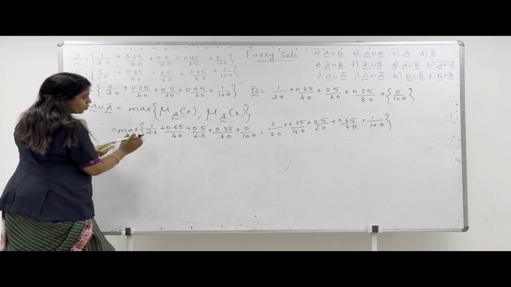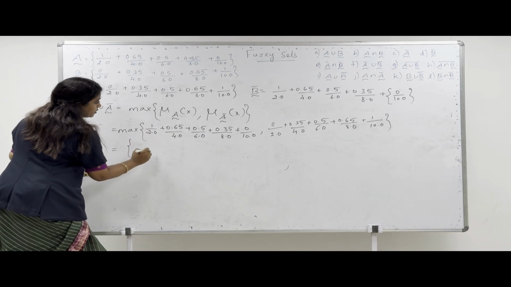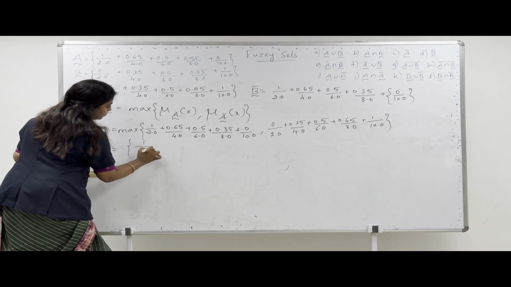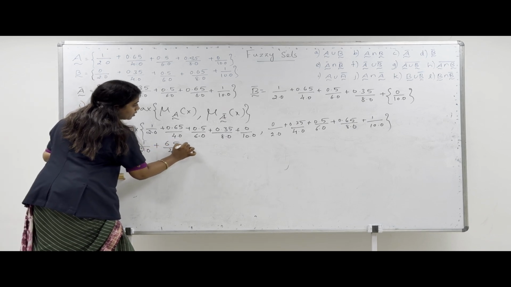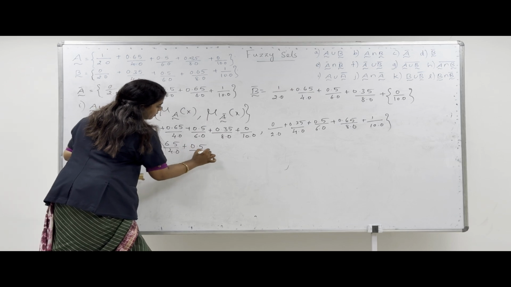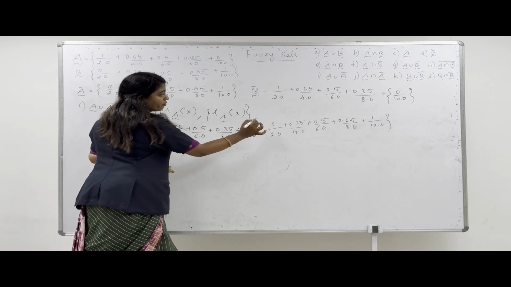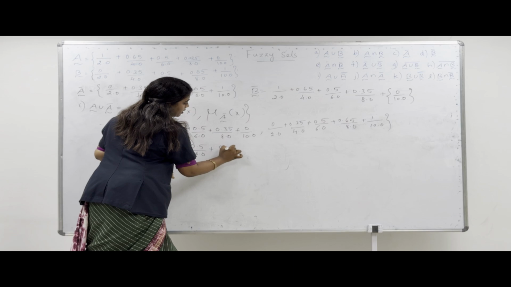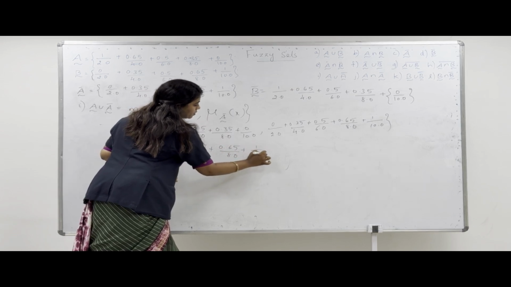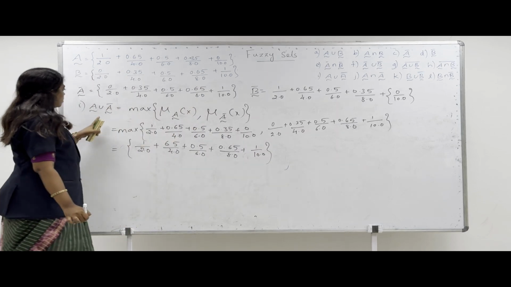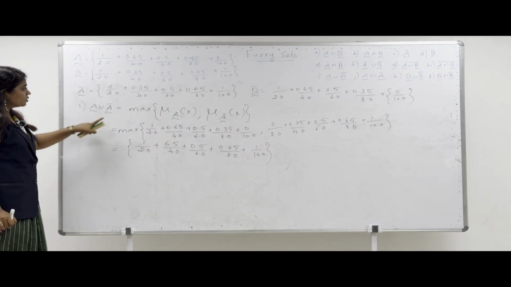Okay. So, 1 and 0, which is the maximum, 1. Then 0.65, 0.5, 0.35 and 0.65, that is 0.65, and 1. So, this is the answer for A union A bar. The next one is